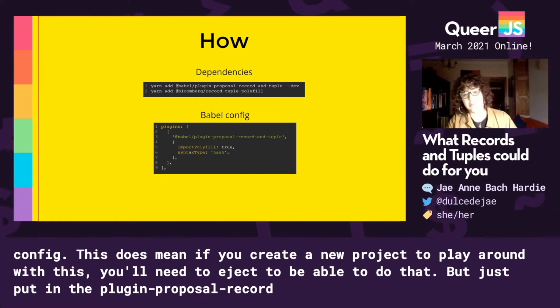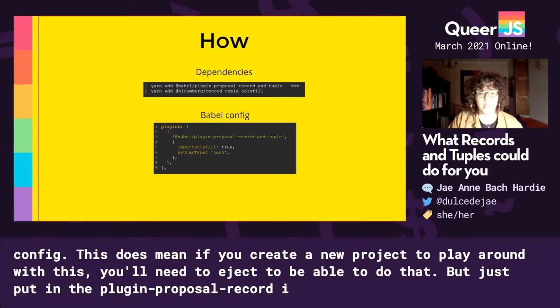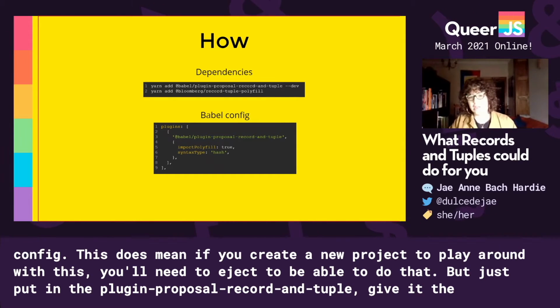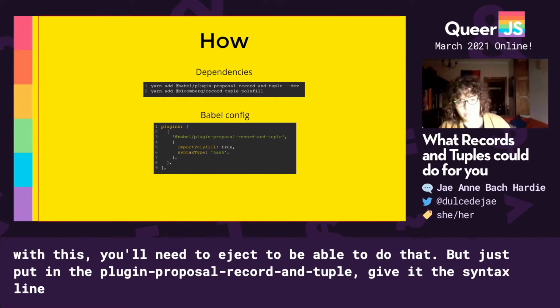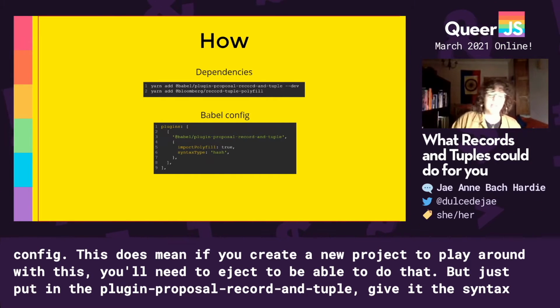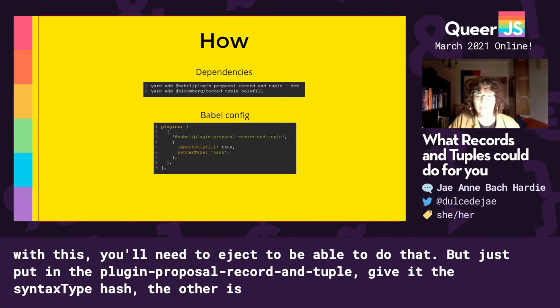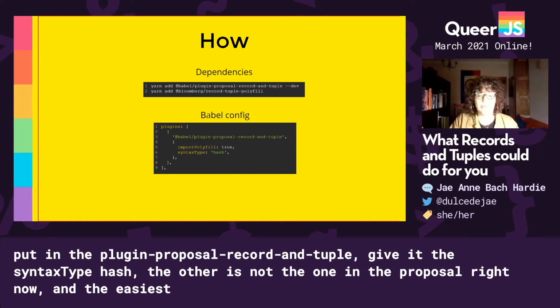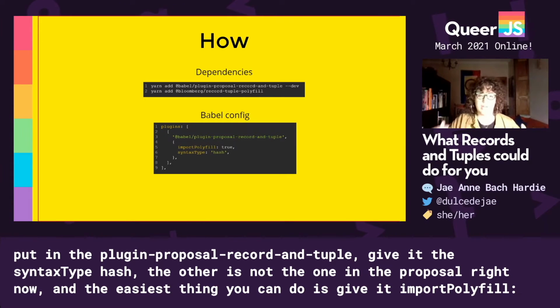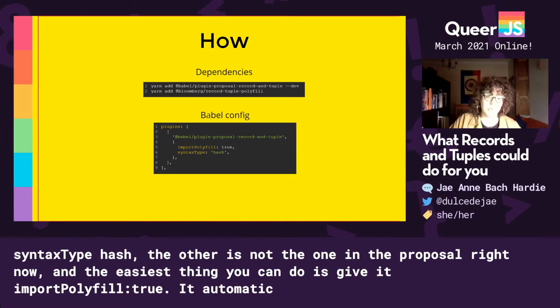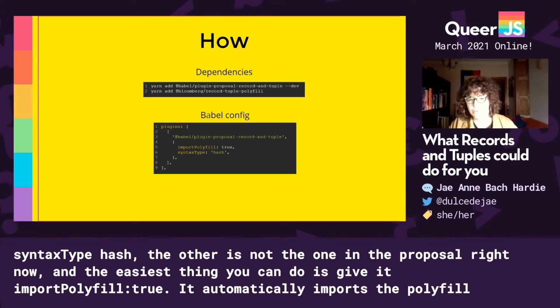Give it the syntax type hash. The other syntax type is for a different kind of syntax for the same functionality. That's not the one in the proposal right now. And then the easiest thing you can do is give it import polyfill true, and the only thing that does is automatically import the polyfill in any file where you're using these, so you don't have to do that